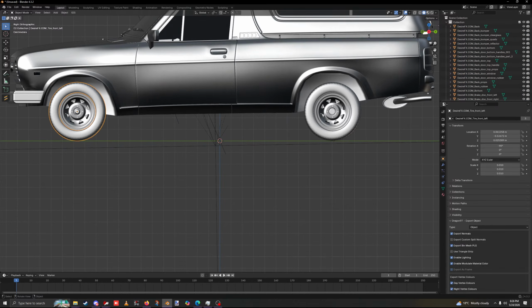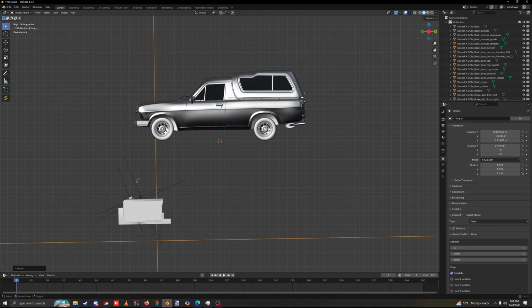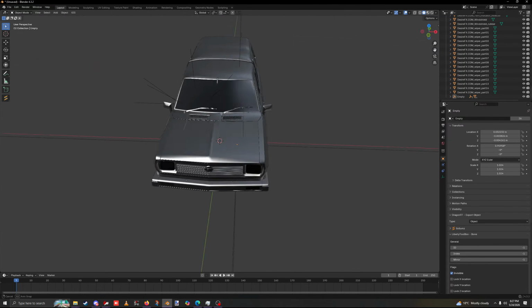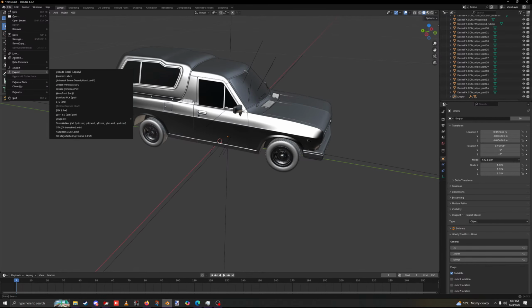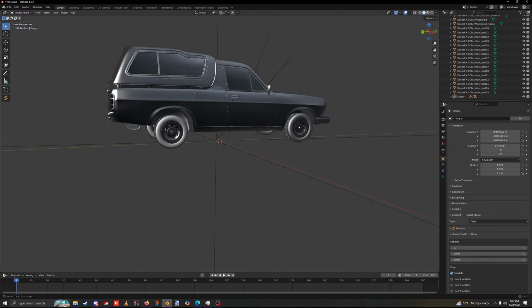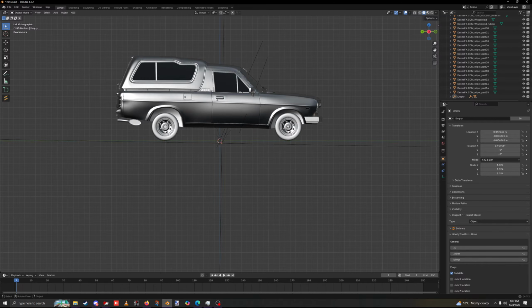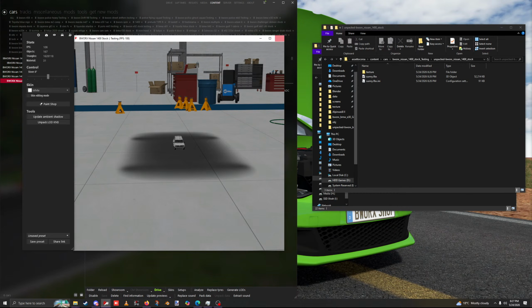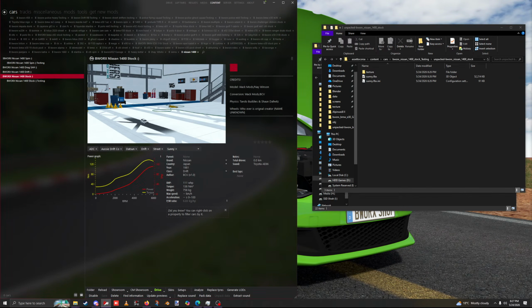Okay, so you want to make sure that the car is somewhat straight. You see this dummy here is at an angle, but that doesn't really matter at the moment. I'm not going to worry about that. So what I'll do, I'm going to export this. Actually, I don't need to. Everything looks fairly okay. If the model was all messed up, like the angles and stuff, you'd want to correct that. But seeing as it's fine for now, I'll go in on here where the car is, and I'll